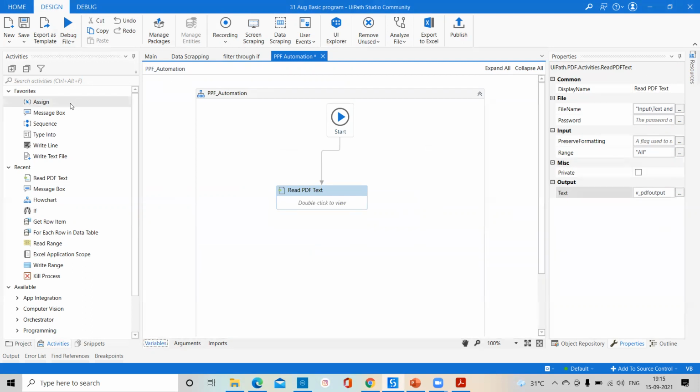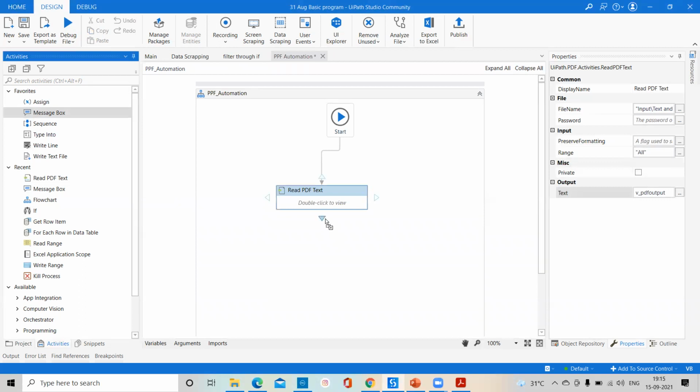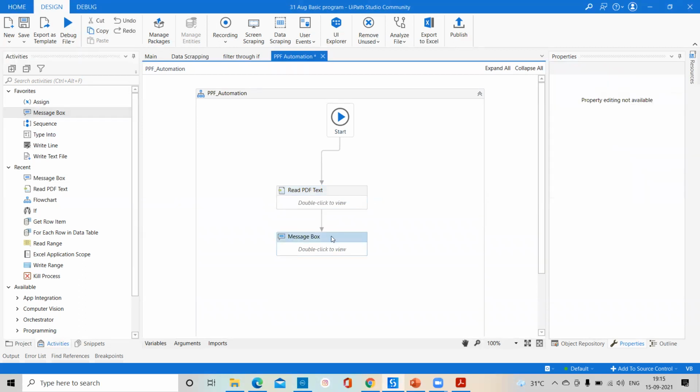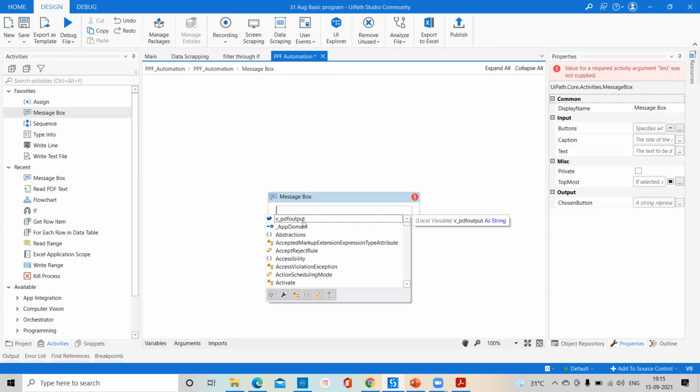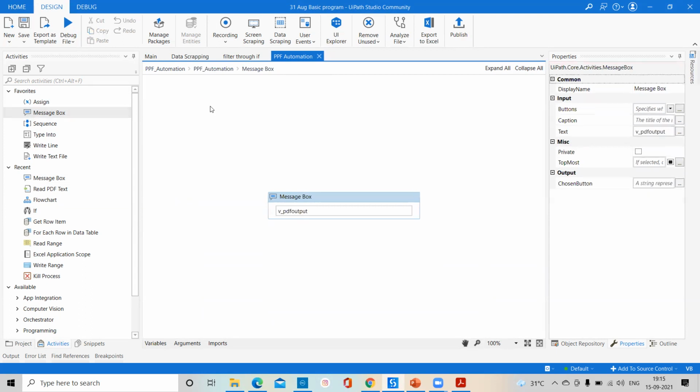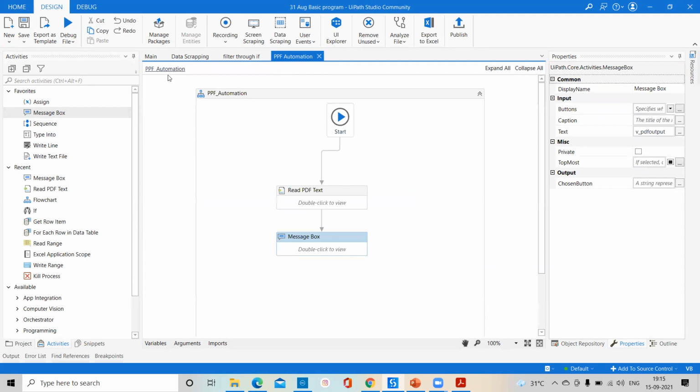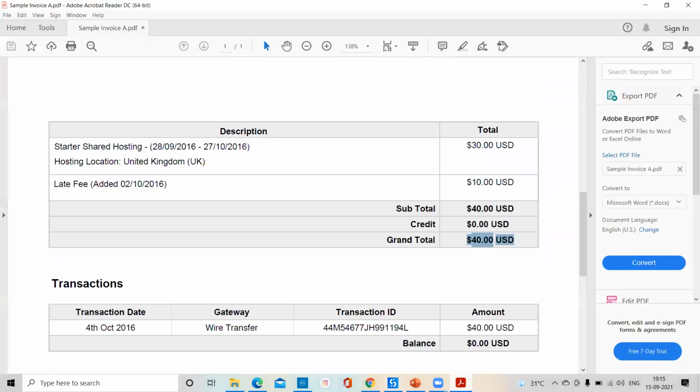After that, we'll go for a message box, we'll connect it after read PDF text, and here we'll pass the message box like the PDF output, and we'll try to save. So if you display this data, automatically whatever data is available in your PDF, we can see all the data.